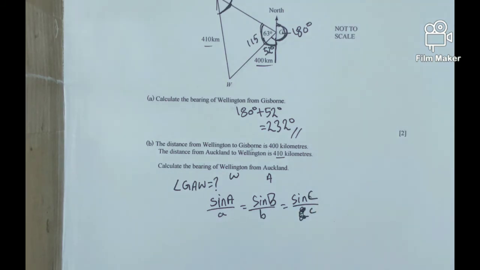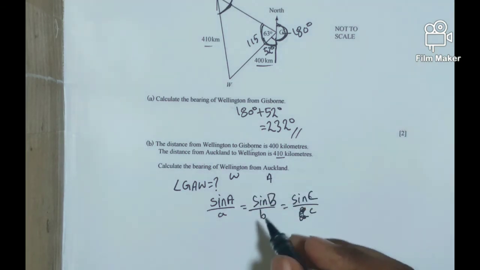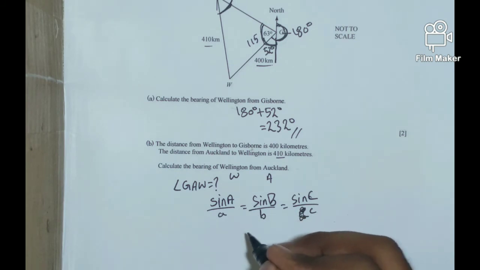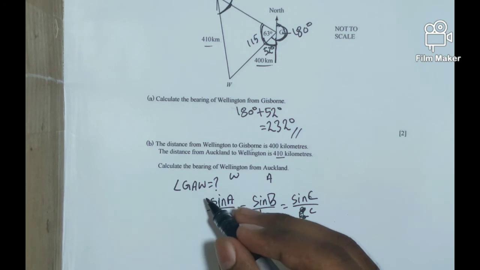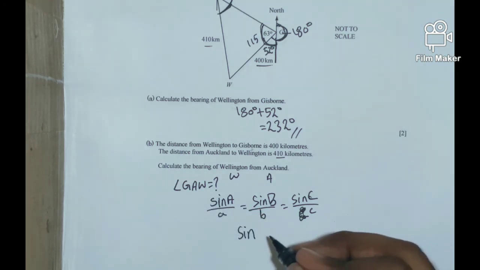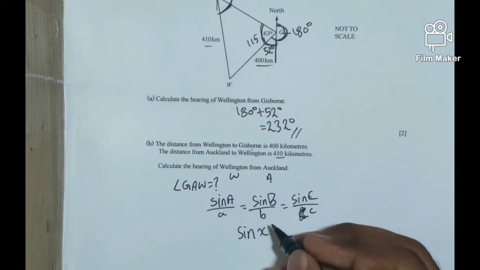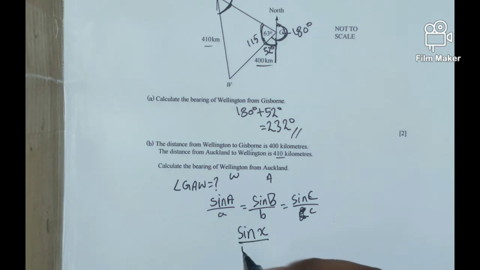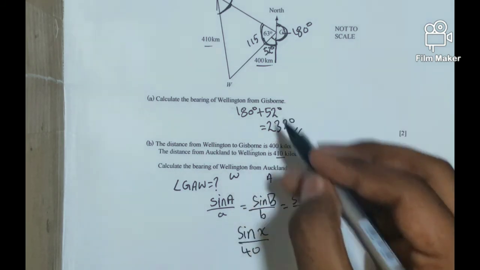This would be capital. So if we substitute it in this formula, let us take angle GAW as x. So sine x divided by 400 kilometers, which is opposite to it,